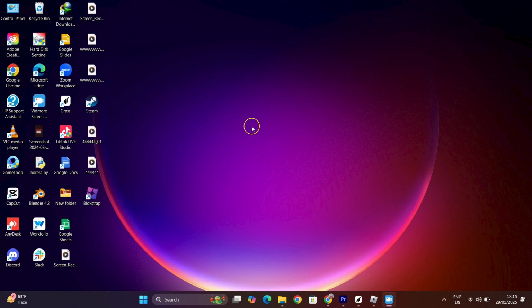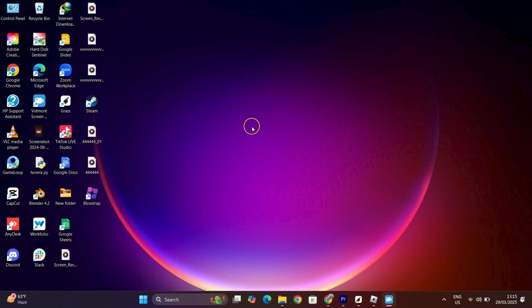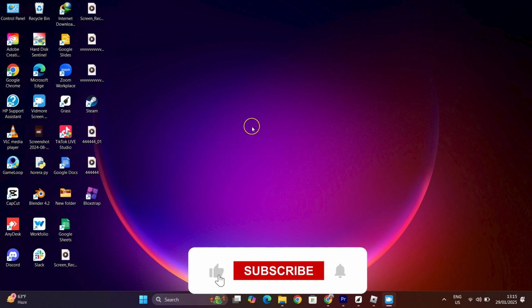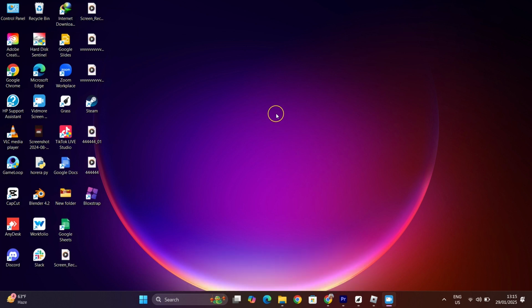In today's video, I'm going to show you how to change Bloxstrap settings. So if you also want to change Bloxstrap settings after installing, there will be simple steps you will be able to do it. In order to change the Bloxstrap settings, what you have to do is click on the menu